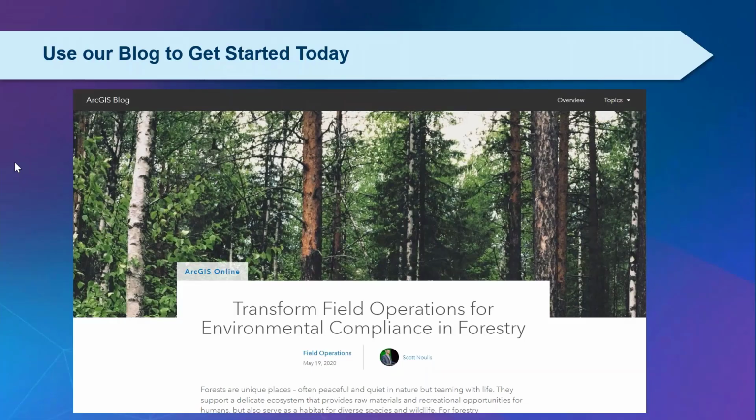Thank you so much, Scott, for walking through all of those workflows, and thank you, Sarah, as well, for sharing Humboldt's story. As Scott mentioned, our forestry team published a blog post that describes exactly how to configure field apps to get started with these workflows today. The blog post shows how to configure and connect field apps for the planning, understanding, capturing, and monitoring phases using templates. We encourage you to use these templates to build your own field workflows, and we'll send out a link to the blog post in a follow-up email.